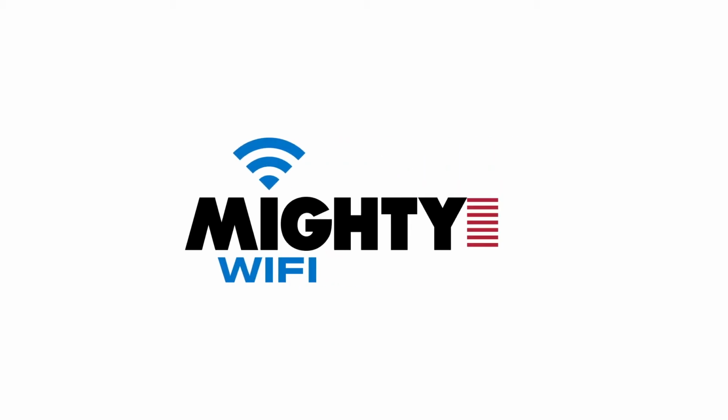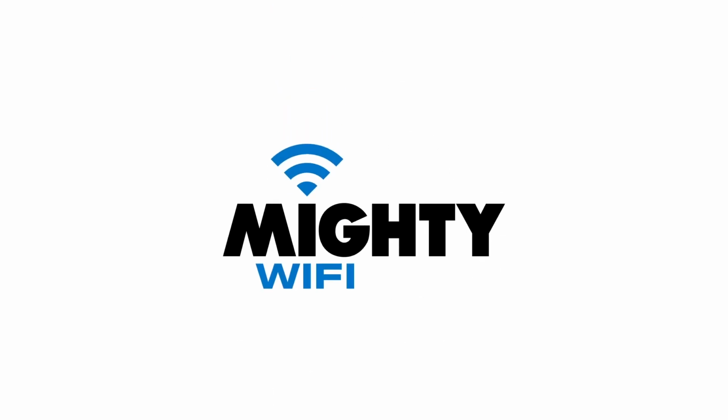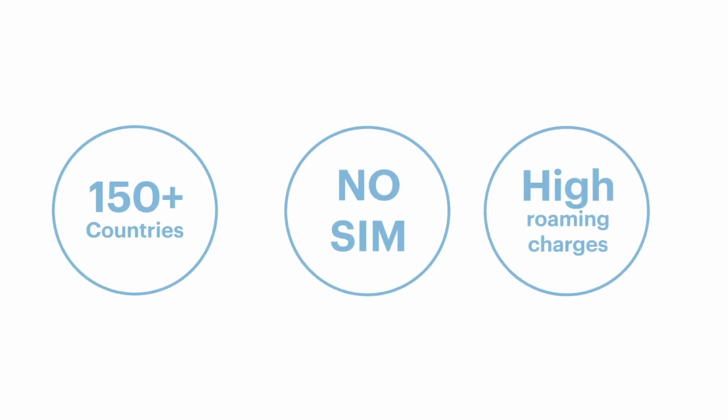The MightyWifi is a US and global hotspot that can be used wherever you go, while connecting all of your favorite devices at once. Since 2003, MightyWifi and our global partners have serviced over 60 million users worldwide. It can be used in over 150 countries, saving you the trouble of getting international SIMs and high roaming charges,